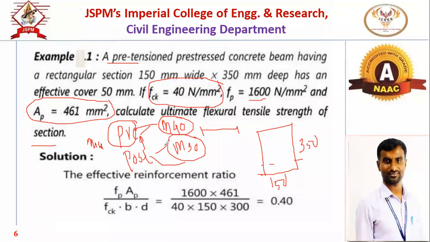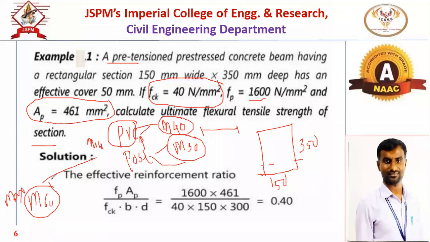And what is the maximum grade for both the cases? Minimum grade we know is 30-40. Pre-tensioning 40, post-tensioning 30. So the maximum grade for both pre-tensioning as well as post-tensioning is M60. So for that, refer the